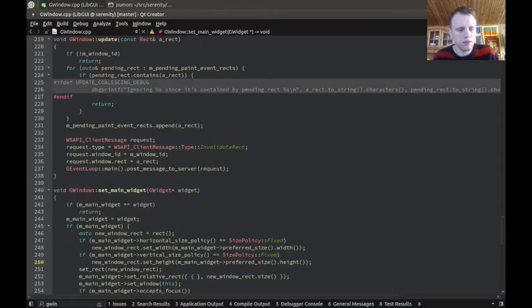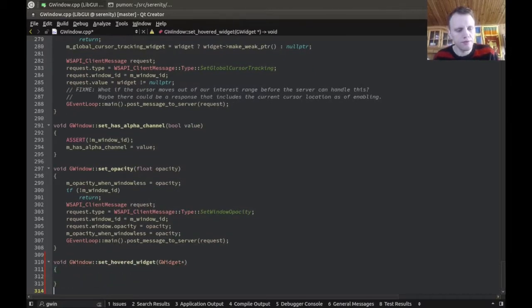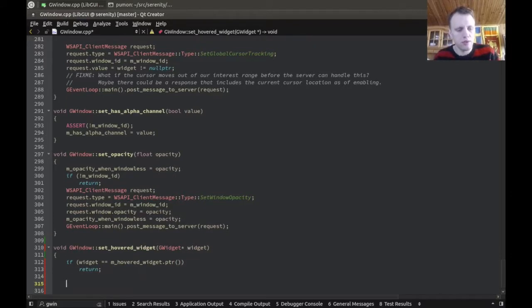Okay, so we're gonna give GWindow a concept of a hovered widget. If widget is the same as m hovered widget, ignore. Otherwise,